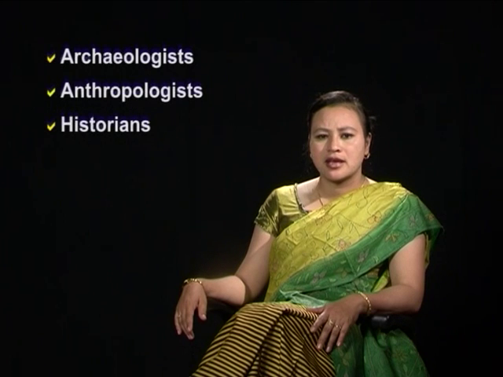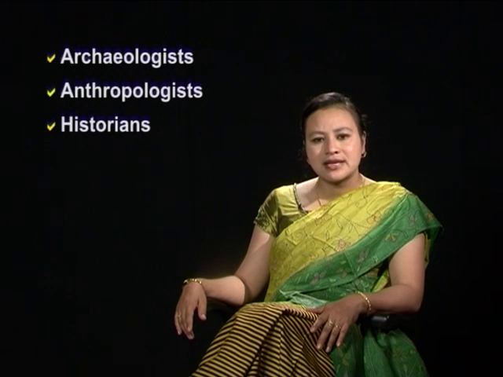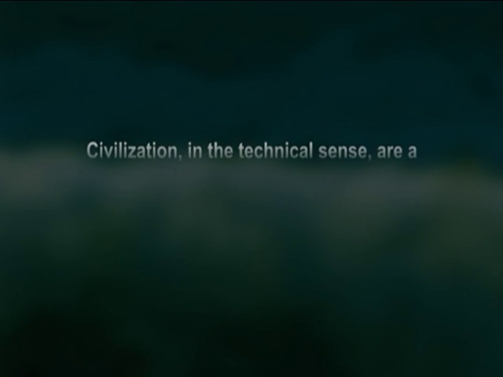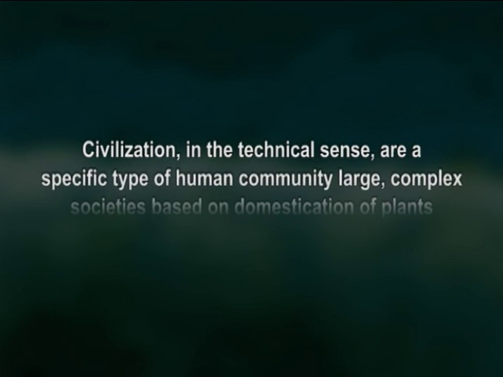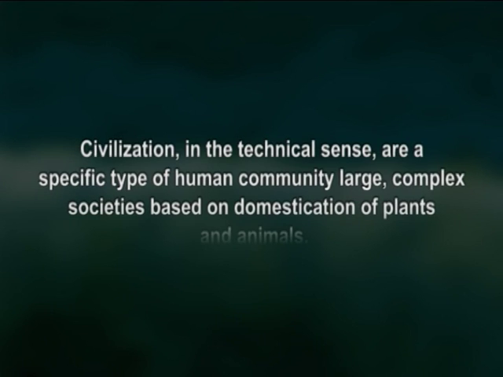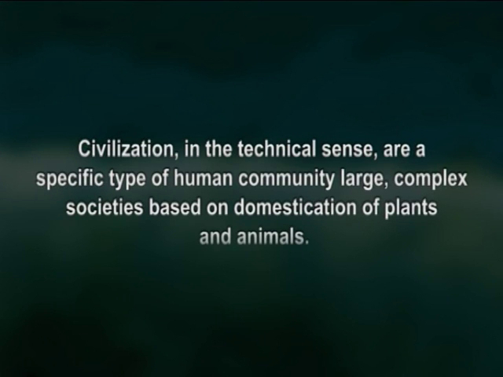However, such definitions are problematic for archaeologists, anthropologists, and historians because they contain an overt value judgment that civilization is better, more advanced, and superior to other forms of social organization. Civilization, in the technical sense, is a specific type of human community: large, complex societies based on the domestication of plants